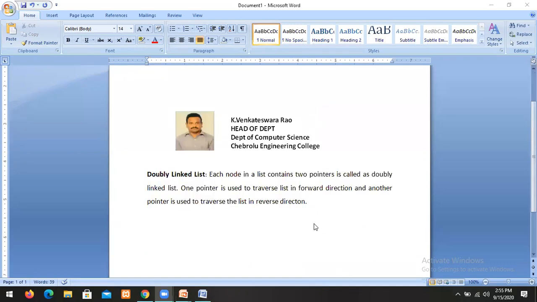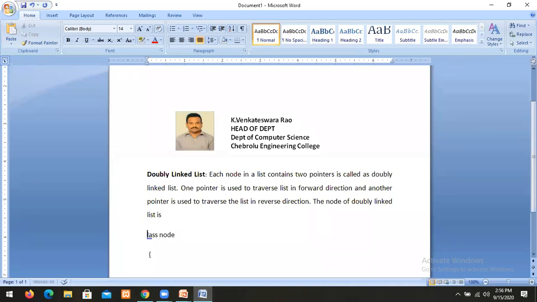So we go for one diagrammatic representation. The node declaration of doubly linked list is, we use class node.